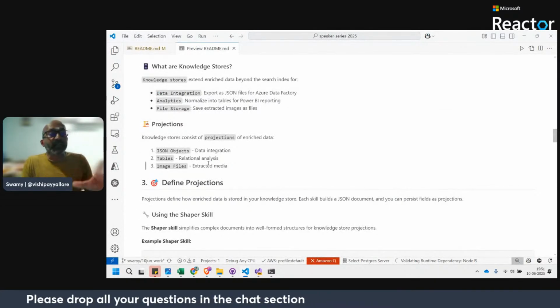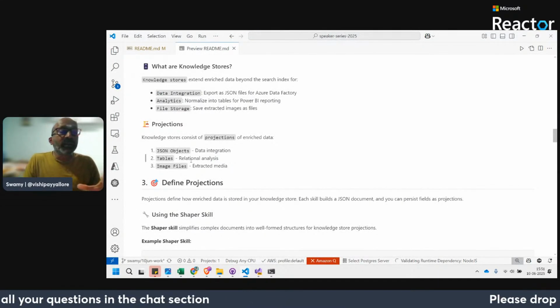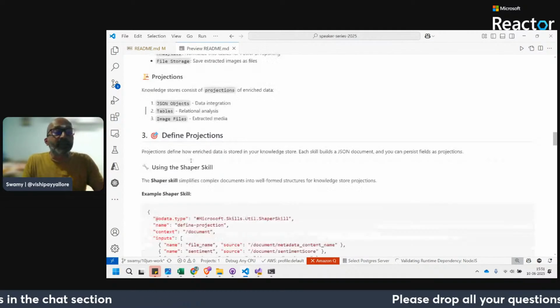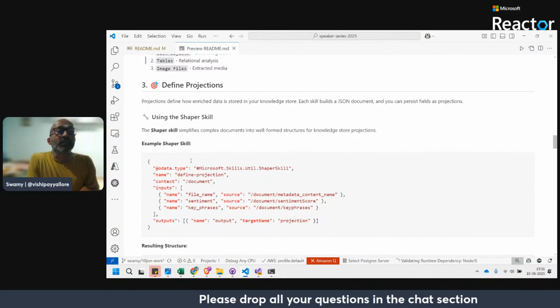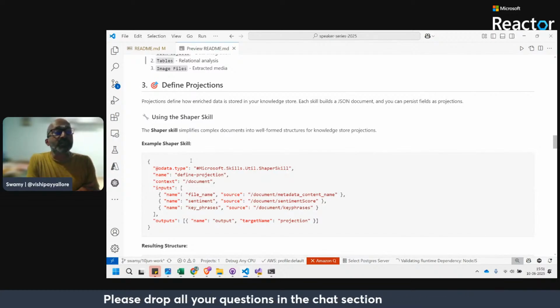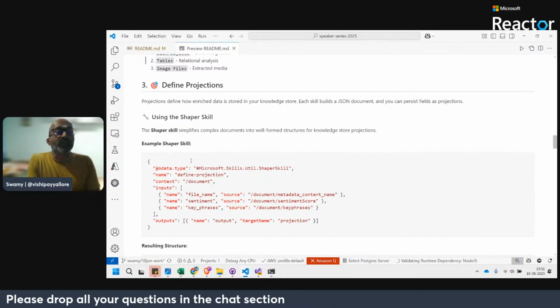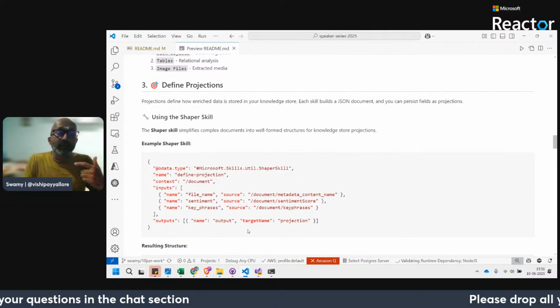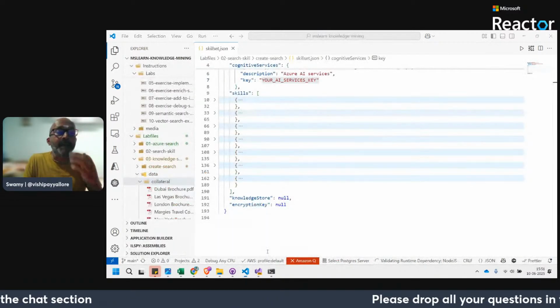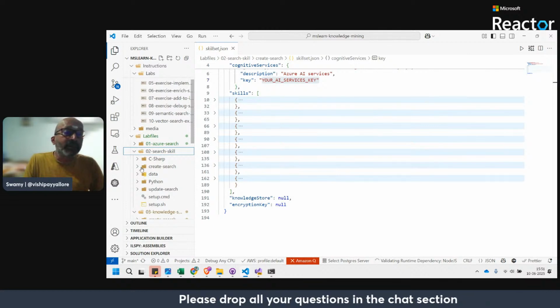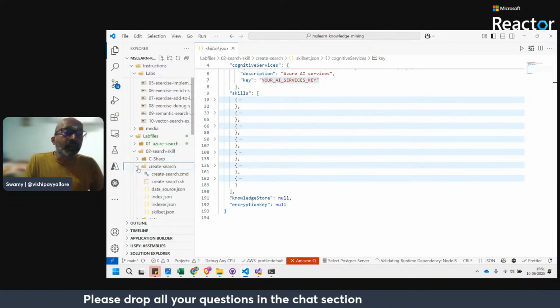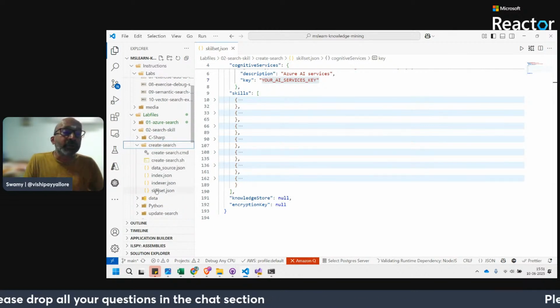So you see this, these are extracted images. Some of the relational analysis will be in this one. Now, how does the projection, we can define the projection. So you can see that shaper skills, like if you see different skills we have seen here, in this one, like in the previous one, let me go back to the skill set.